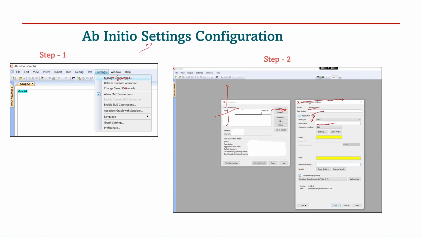That means your server address where your operating server lies, and you need to mention which connection method you need to use to connect to this server. Let's say SSH method, that is secure shell connection. And you need to mention your user and password, which specify which user you need to connect